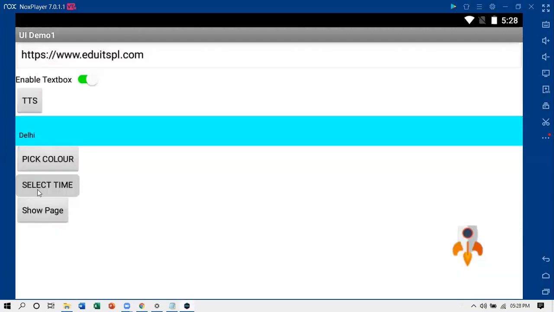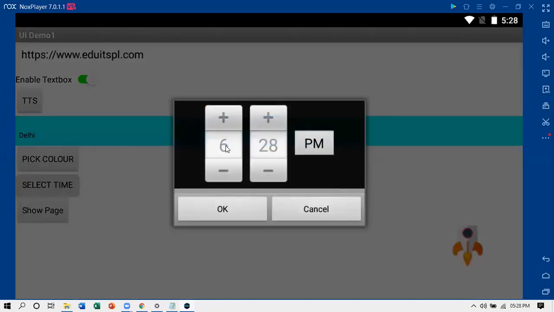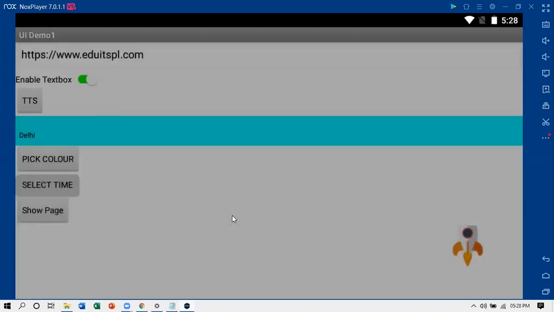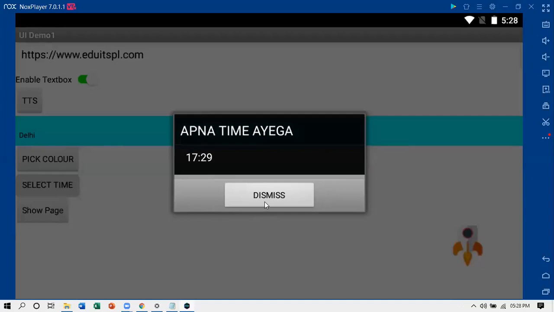I click on select time, so the time picker will come up. See, this is a time I can set just like on my mobile phone. And this is the notifier.